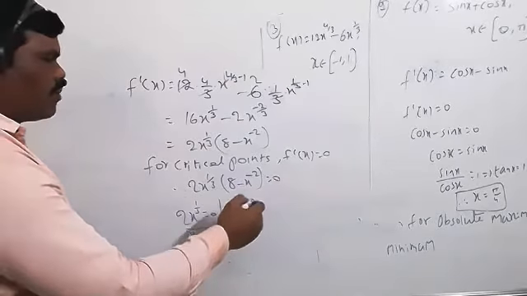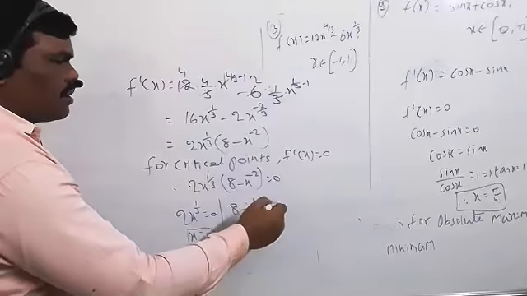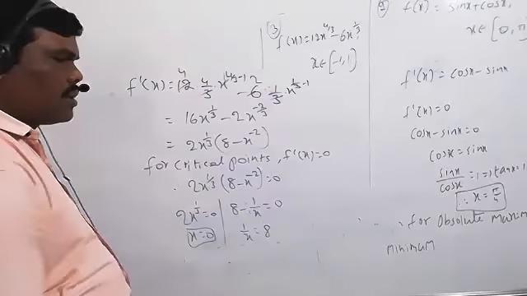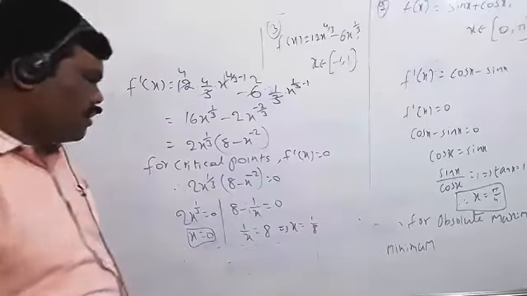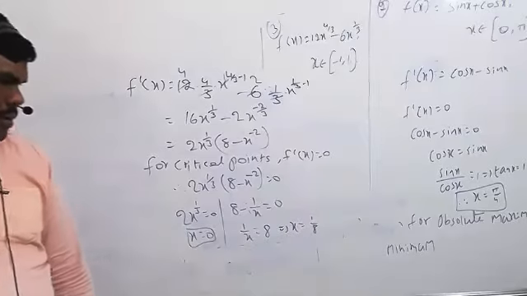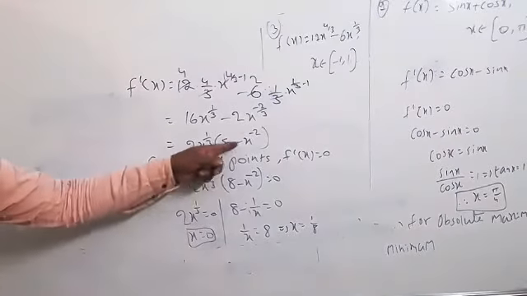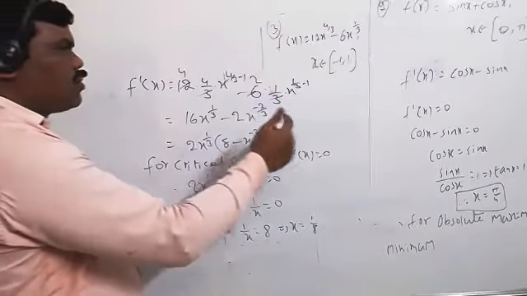And the second one, 8 power x power minus 2, means you can write clearly that 1 by x equal to 0. So 1 by x equal to 8 is correct. Sir, I didn't understand, if you take x common, then inside the bracket how x came, sir? Here, this is the x power minus 2 by 3.